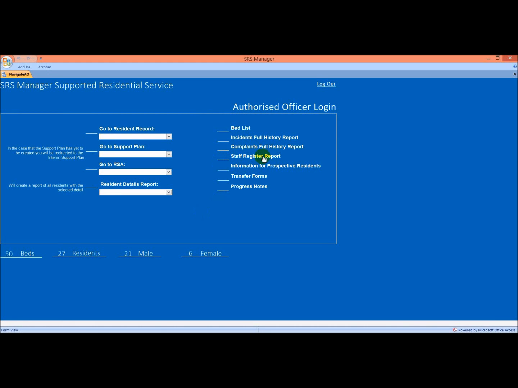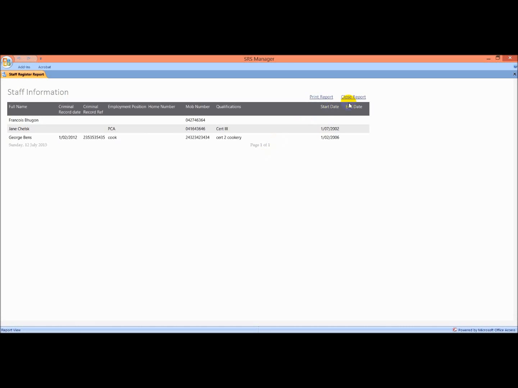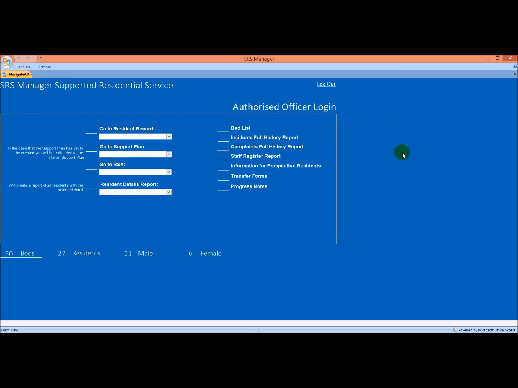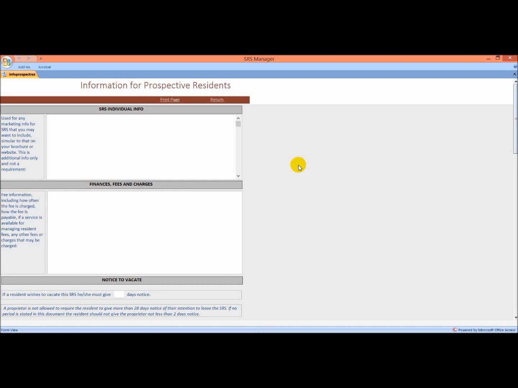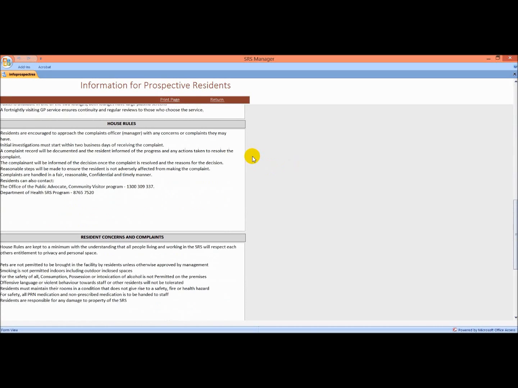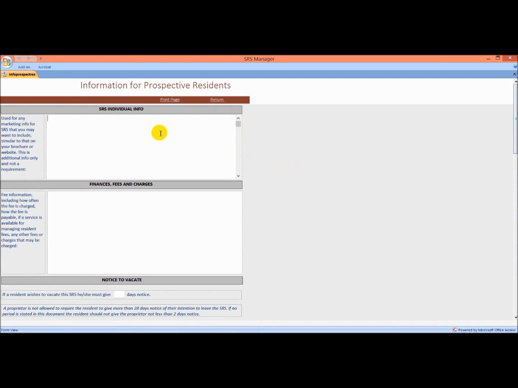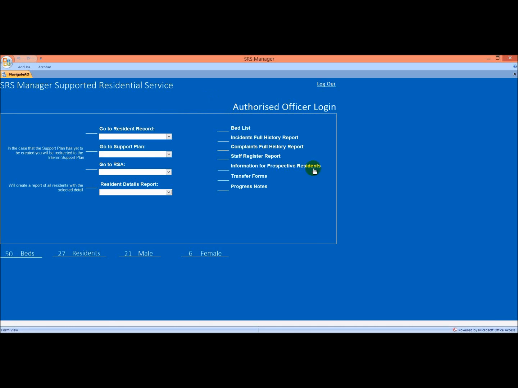Apart from that, it will be your staff register report, which will bring up all your staff records that you've currently got in there with all the required information. Information for prospective residents. This one hasn't been fully filled in. We'll bring that up,